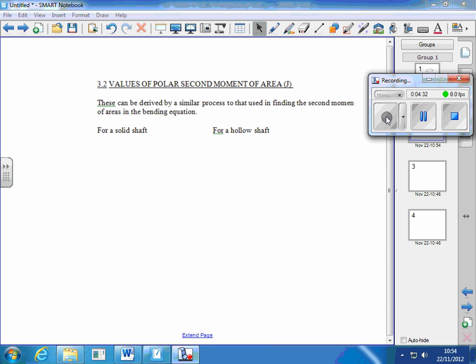So formally, the second moment of area for a solid shaft is very similar to the one for the bending equation, if we use capital D for this one. And for a hollow shaft, like we did for the bending equation,